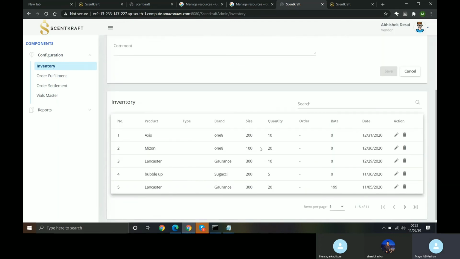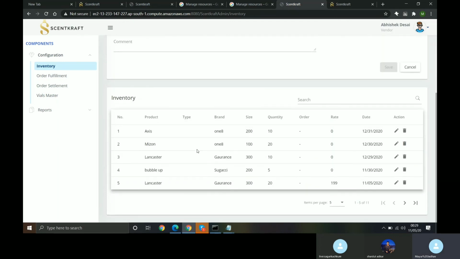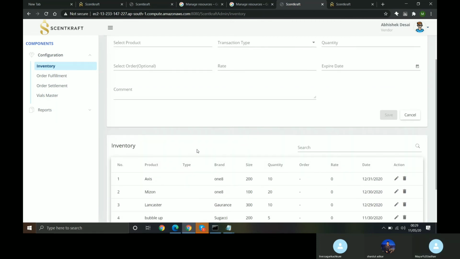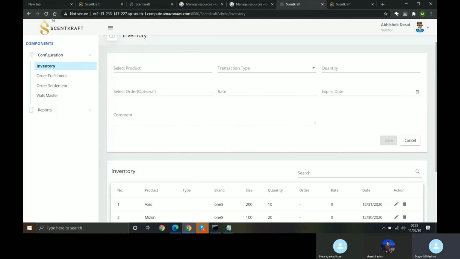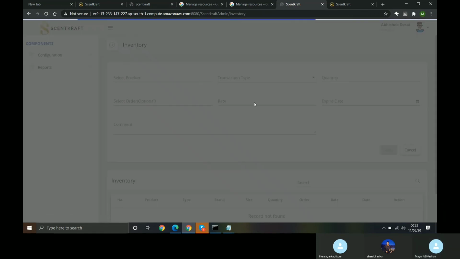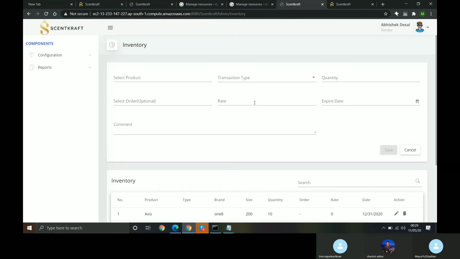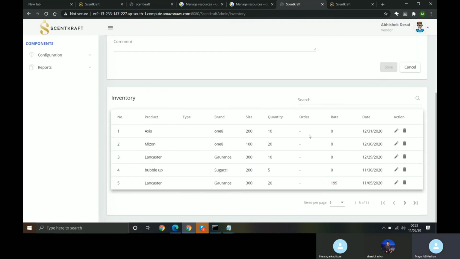Once we have saved, I think you'll have to refresh the page. Yeah, you could see the